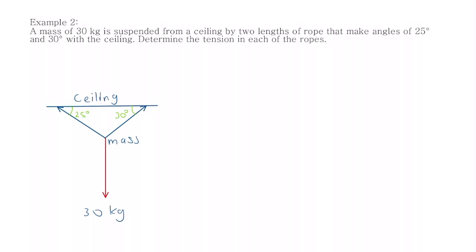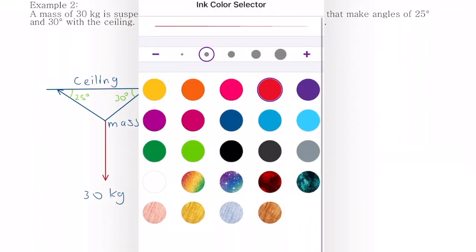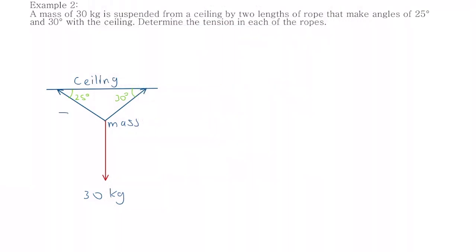Okay, so let's move on to the second example. A mass of 30 kg is suspended from a ceiling by two lengths of rope that make angles of 25 degrees and 30 degrees to the ceiling. Determine the tension in each of the ropes. So I've already drawn a diagram, simple one, showing